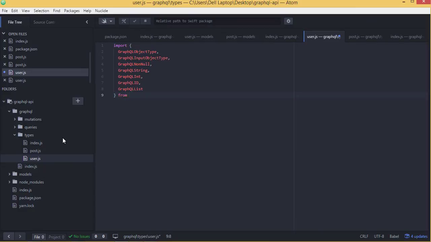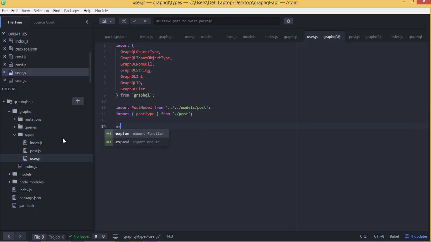From GraphQL, I will also import post model from models folder and also import post type from post folder in the same directory, and I will export user type,